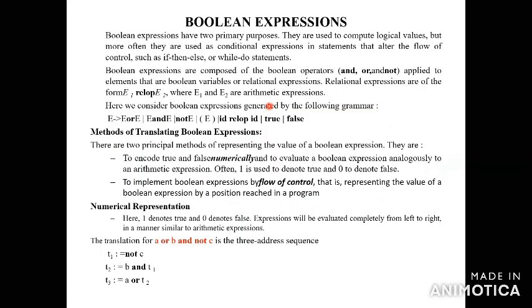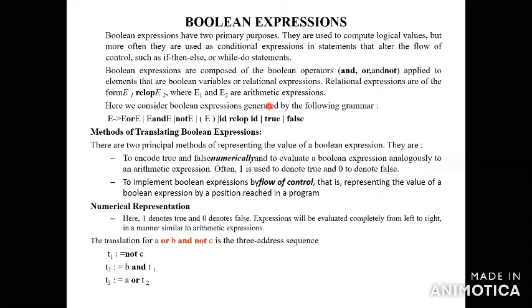Okay, next thing, Boolean expression. Boolean expression represents or, and, not. The Boolean expression is either true or false. So what is true, what is false?